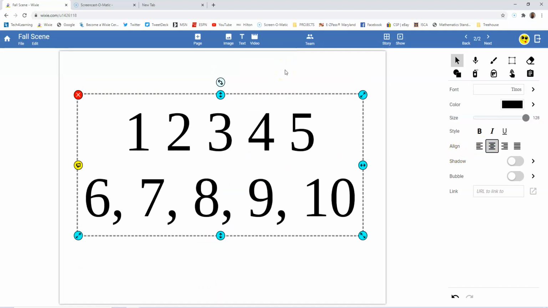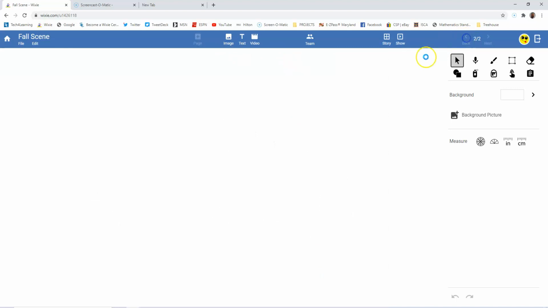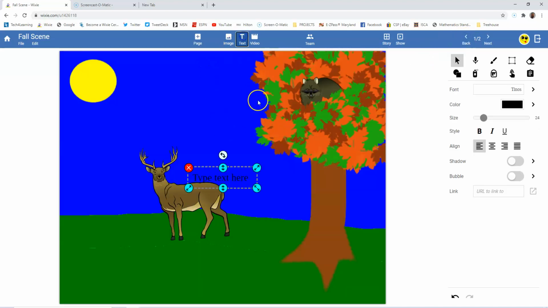Also, if you didn't notice, when I brought in a text, there's the yellow icon, which means 1, 2, 3, 4, 56, 7, 8, 9, 10. I forgot commas. So I understand where 56 came in. So obviously I need to make a change and add commas. But what's nice, and this is for you almost creating stuff,